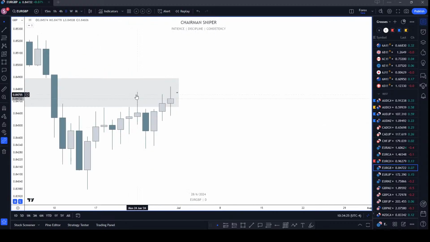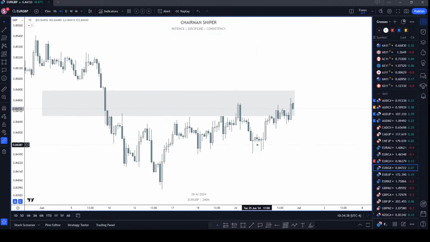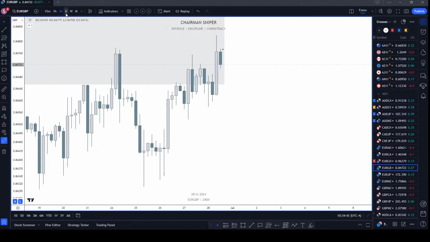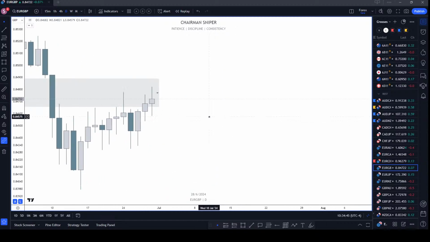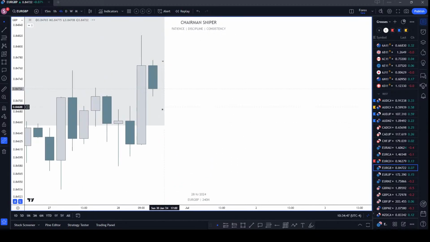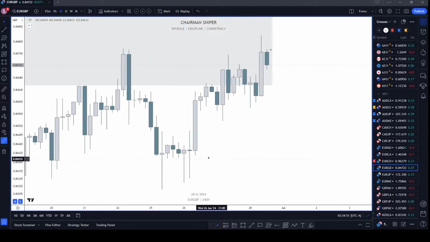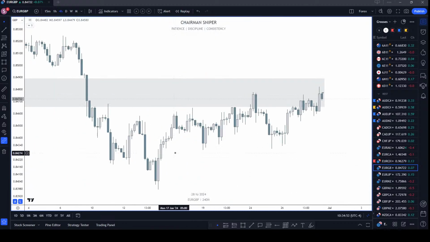On the daily, we just swept this high. We have no fair value gaps going higher, which makes all of this low resistance liquidity. Could potentially see a very strong move down to these lows on EG, considering that euro is weak and we're looking for lower prices. I would very much like to see this sell off. So, in order to trade this, what I would be looking for would be